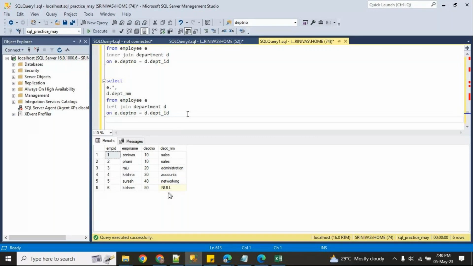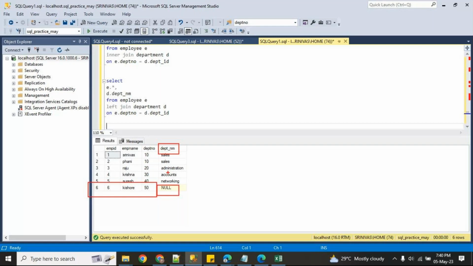Now, so here guys, I want this record. How do I get this record? Among all, the one whose department name is a null value, I want to get that record.